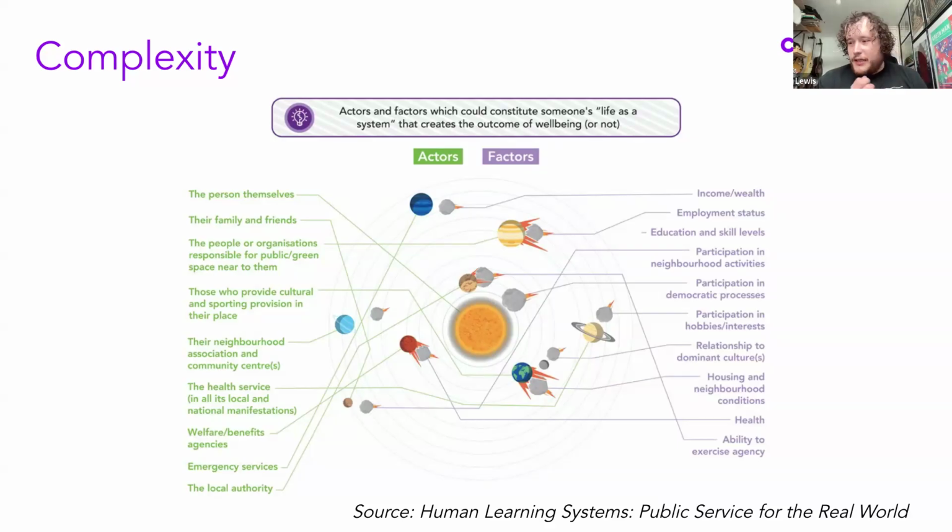But that means that rather than having a straightforward solution to a problem, we need to understand what's going on around things and understand the complexity that people's lives may face, and recognize that even if people are being supported by services, that's only one part of their lives. Their lives are far more complex, and in turn, the network of provision, the way we organize our services in this country, is also complex. And so we need to take a learning approach in order to better understand how the interactions affect the way we work. Okay, next slide, please.